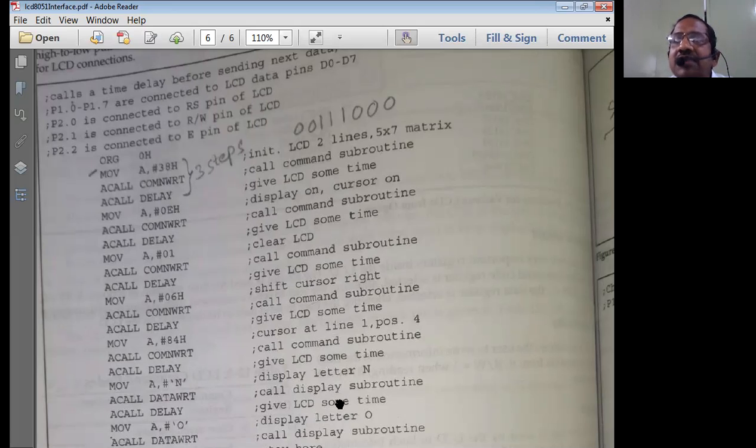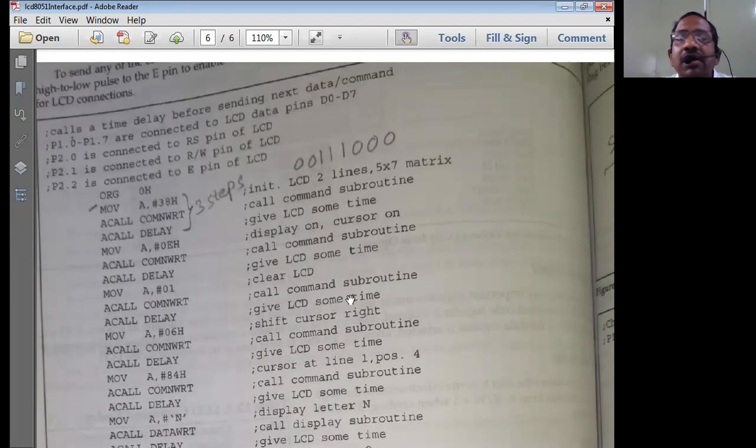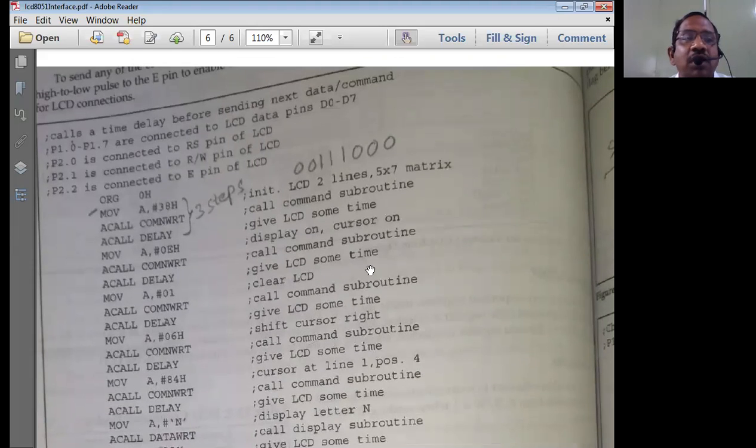When the busy flag is reset, it can send the data or a command into the LCD display unit. Here we are not bothering about the busy flag. Without looking into the busy flag, we are writing this program. Our intention is to send commands and data to the LCD unit from the 8051 microcontroller. That is the program that we are writing.